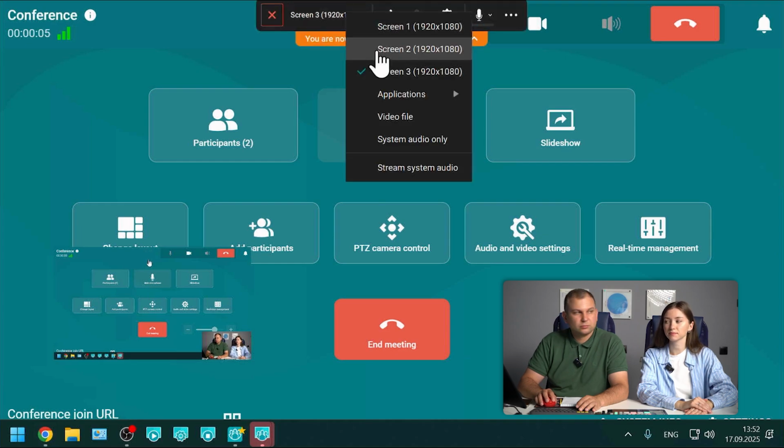So let me show you. This is how the room endpoint main screen looks like. Now we have two, it's actually the same camera, but now we have two videos being sent to the conference. Actually, I should see three of us. But anyway, with the TrueConf Room solution, once this feature is set up, we can always send the second video stream to the conference,